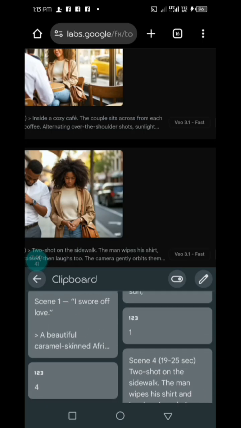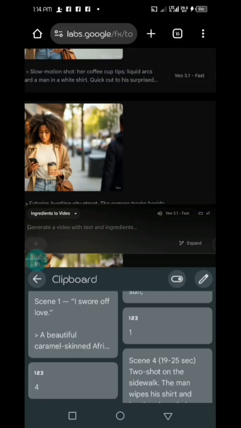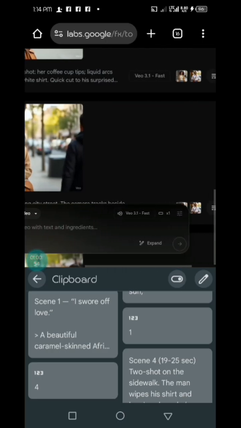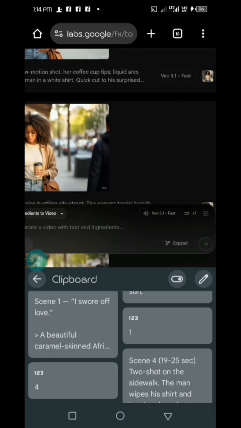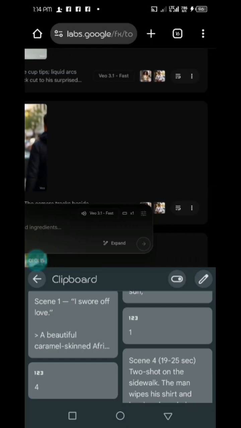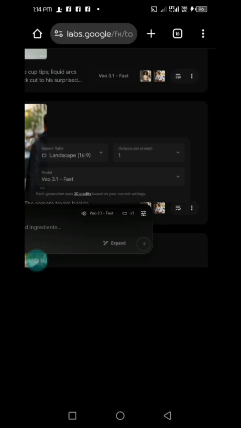So do you see, this is scene 1. So I'll just press down on it. When you press down on it, I will not be pressing it now. The reason being that most times when you press down on it, this ingredients to video just goes ahead and sends it automatically. Sometimes, in fact most times. It's just a few times that it doesn't. So I will advise you, after you've added in your ingredients, before you press in your prompts, just come to this side and, since you are creating for the first time, choose your